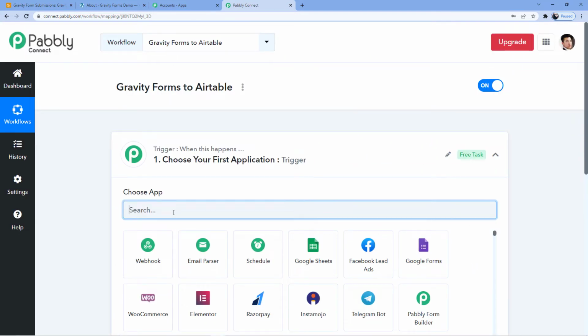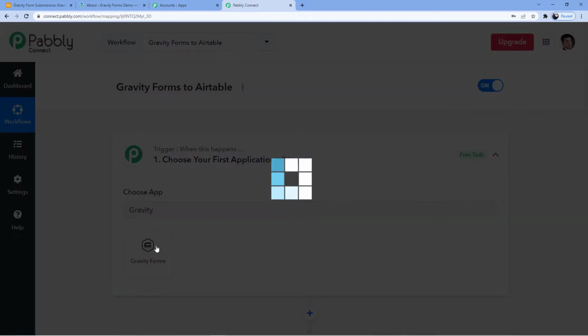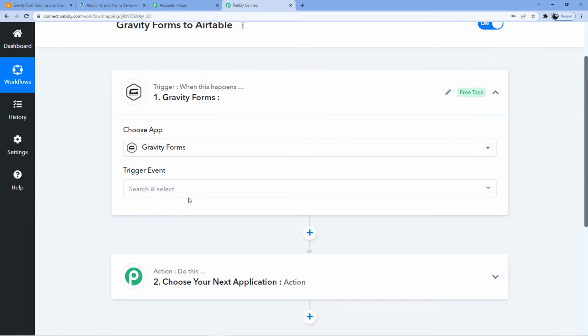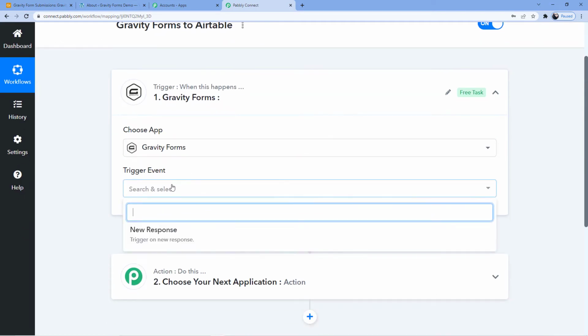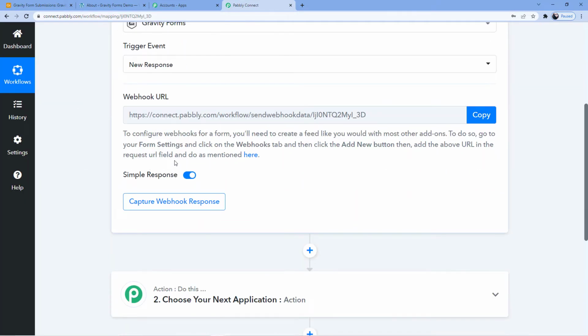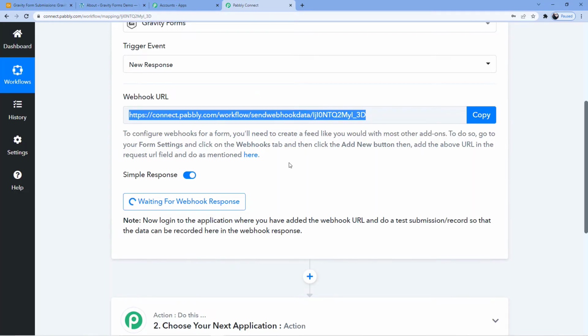So what happens when a Gravity form submission happens? What to do? You have to send that data to Airtable and save it in Airtable database. Okay. So I'll go here and choose Gravity Forms, and the trigger event is obviously new response. Now, what I'm going to do is I'm going to use this webhook URL to connect Gravity Forms to our